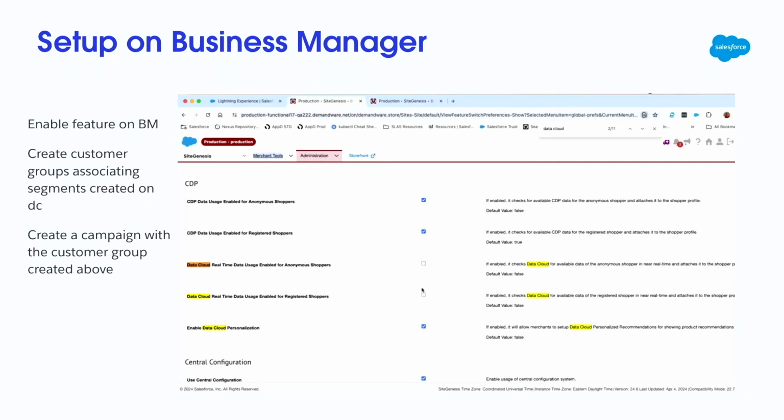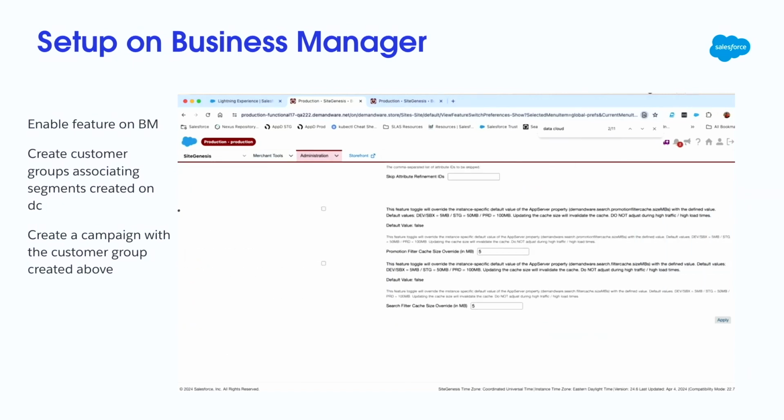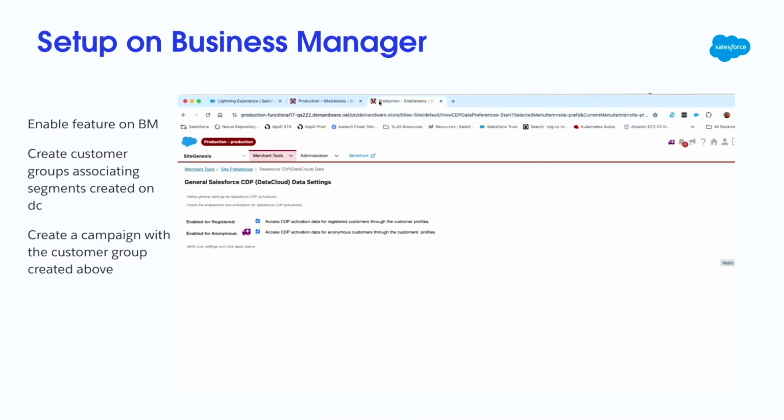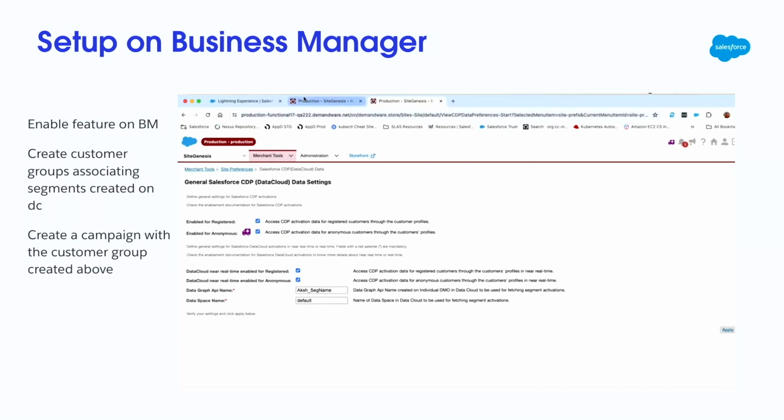As soon as we go back, the merchant, Lauren here, chooses that she wants to build her store with these features. She clicks on apply. We would see that the page has changed. Now, this page will have a couple more options. These are similar options that we saw in the B2B part as well: what is the data space that you want to use, and what is the API that you would be using so that the data is in sync? So, the data is shared, the segments are created. Now, what do we need to do next?